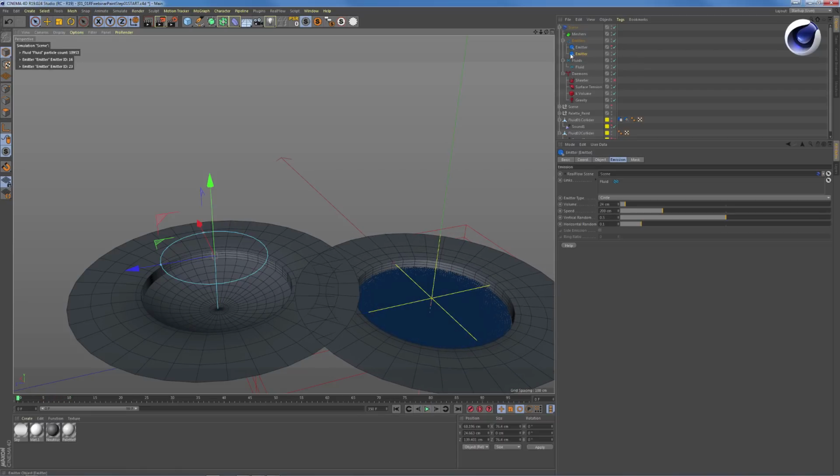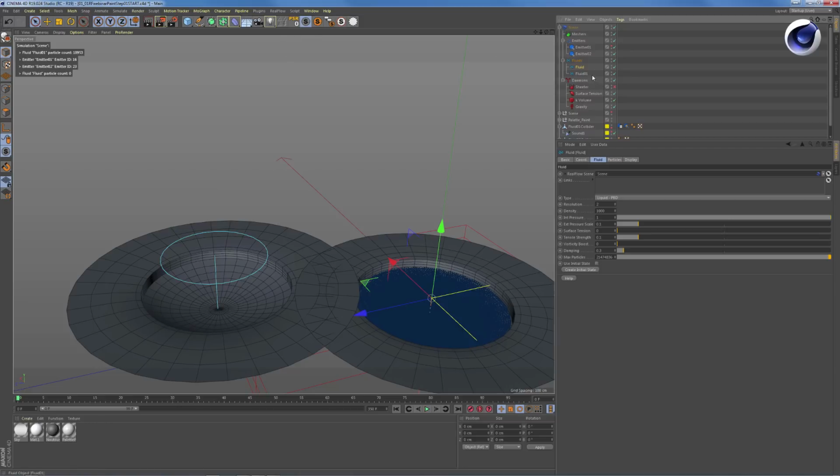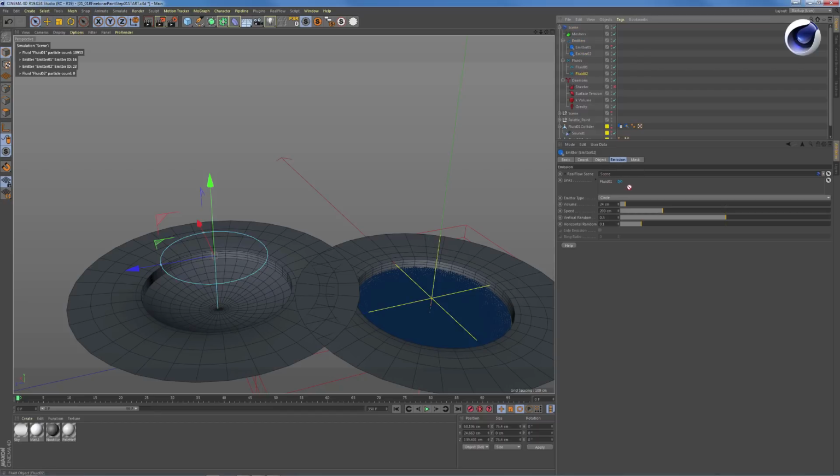Okay. Well, it doesn't show what I wanted to, but let's say I'll just rename this one emitter 01, emitter 02, and this is fluid 01. And you can see the emitter here is linked to the fluid 01, and the emitter 2 is linked to fluid 01 as well, but we don't want that. So I'll go up to the RealFlow here, fluid 02, and link this one to fluid 02. Delete this one and fluid 02. Okay, so now we have two different fluids within the same RealFlow scene here. So let's just turn this one off, and let's turn this one off as well. So now we have this one,